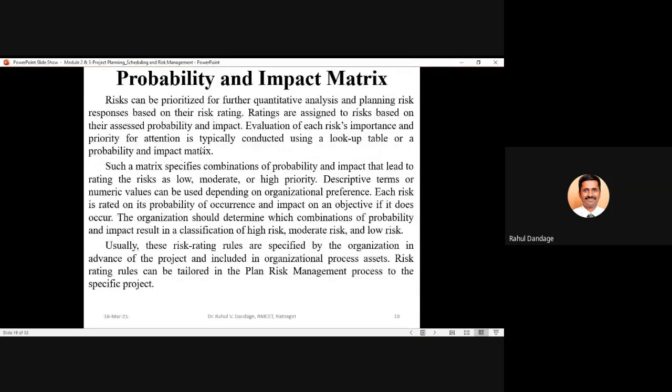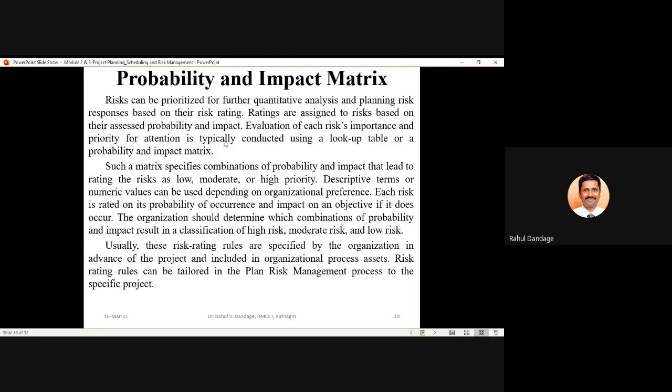Basically, there is a tool called the probability and impact matrix, also called the PI matrix, probability P, impact I. In this particular case, we try to understand the probability of occurrence of any risk category and the impact of that risk on your project objectives like cost, schedule, scope, and quality.